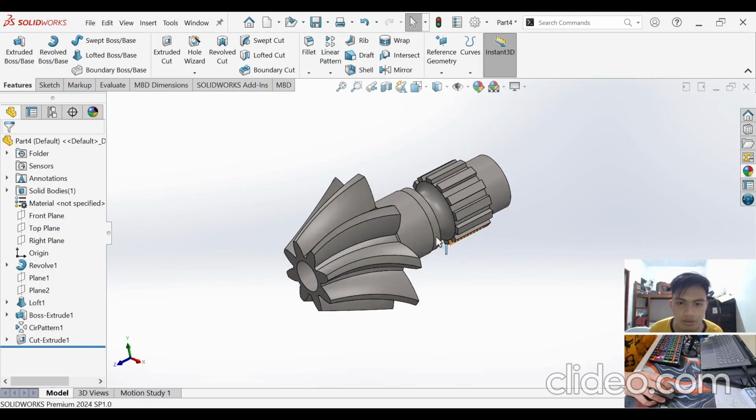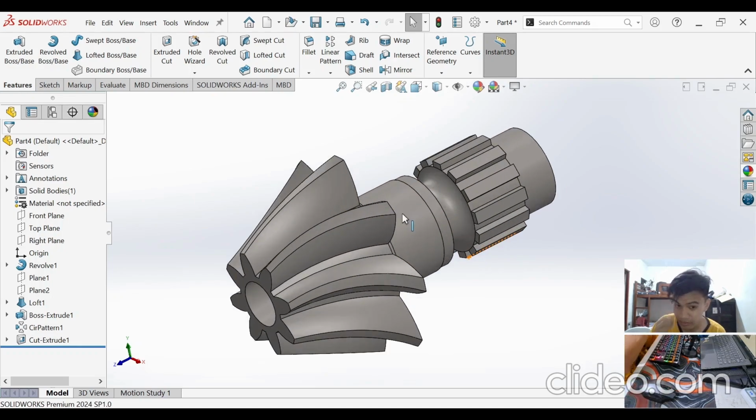There we go. The material of our helical bevel gear is now polished steel. So that's how you design a helical bevel gear.